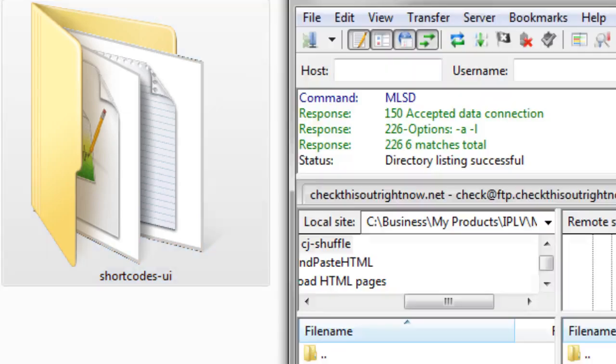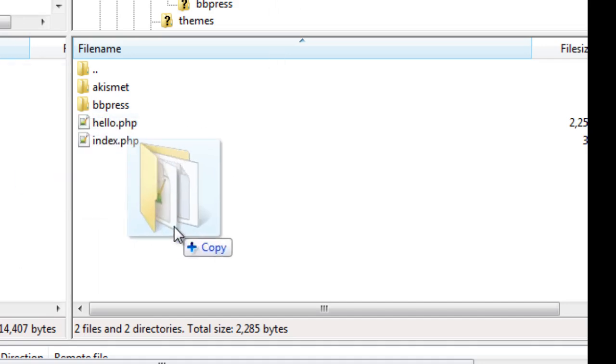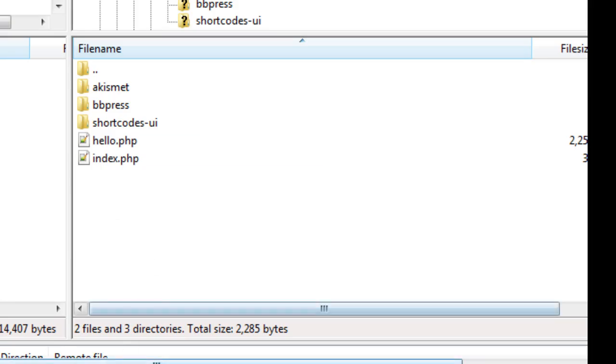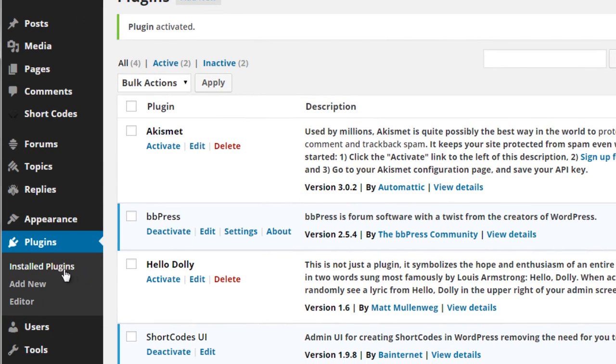You want to simply drag and drop it into the WP-content/plugins folder. We're going to drag and drop it here. We're going to upload the files. And then next, what we need to do is simply go back to this installed plugins page. So we click on here,